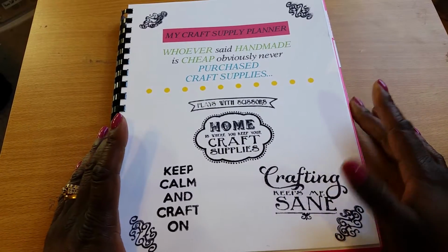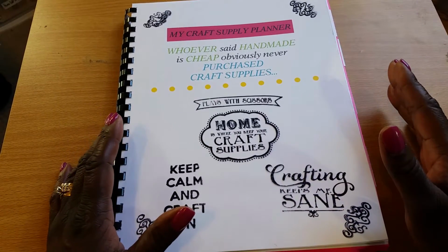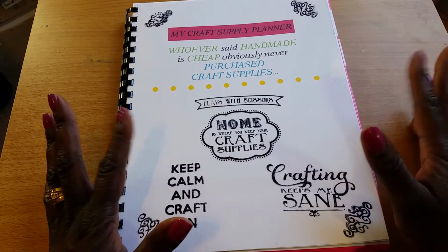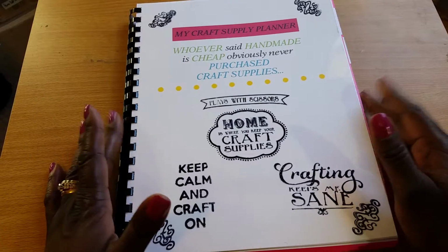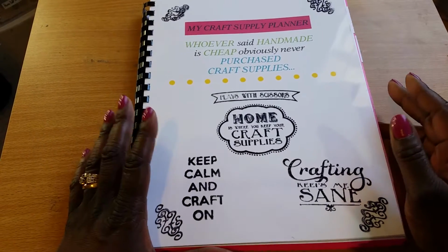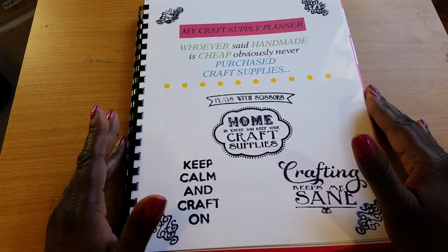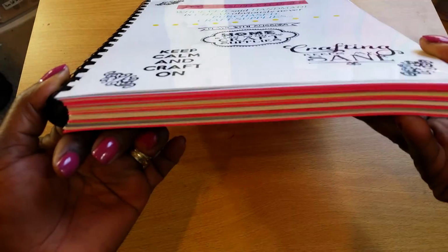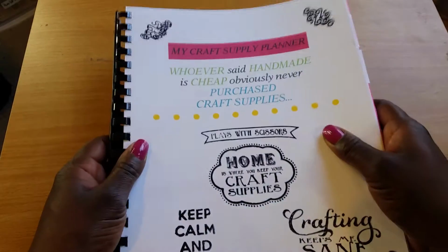One day I was in here and I was looking for a stamp to use, and I was going through all the drawers and I found a stamp. Wasn't sure if I wanted to use that stamp, so I kept looking, and then I found the stamp again. So it turns out I had two of that stamp. So I decided that I needed a way to kind of keep organized. And it's pretty thick, but still handy enough so I can take it with me when I go to the